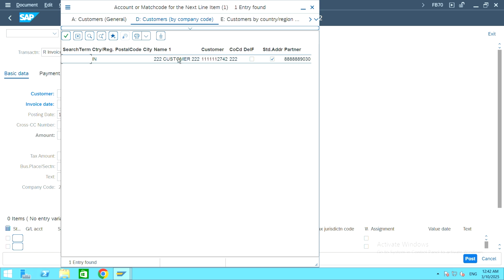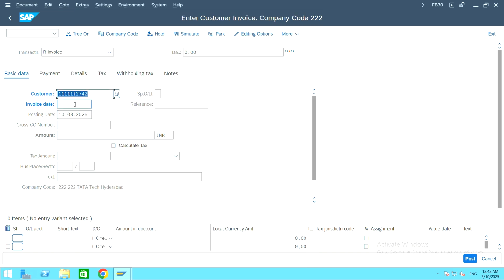Double click on customer to get selected. Give the invoice date as today's date. Invoice date and the posting date should be the same. In amount column, give 15,000